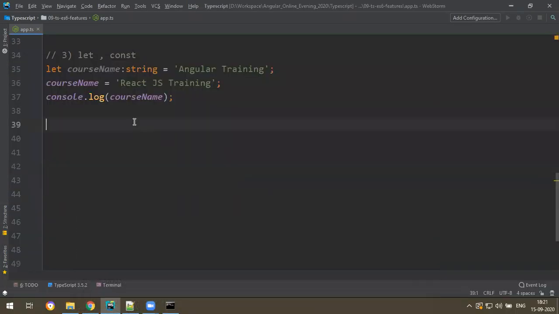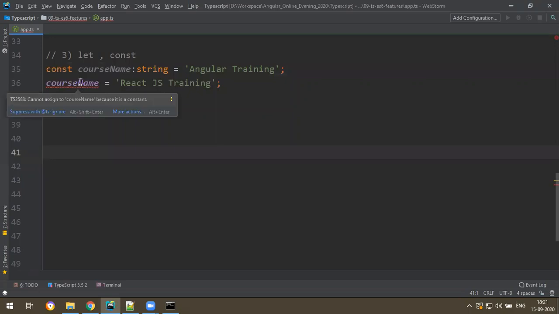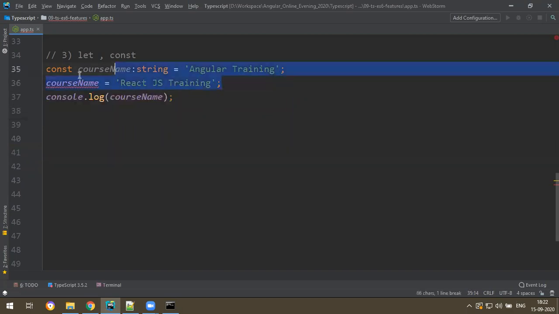And sir, what if I declare with a constant? If we declare with a constant, you get an error. What is the error? Cannot assign to courseName because it is a constant. You cannot reassign. You can only read the value. Okay, that's about let and constant. And one rule is, for let you have to use camel case.